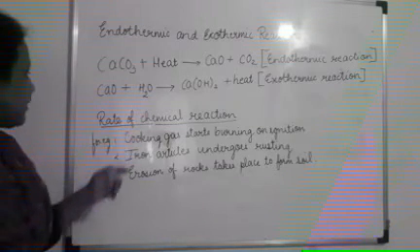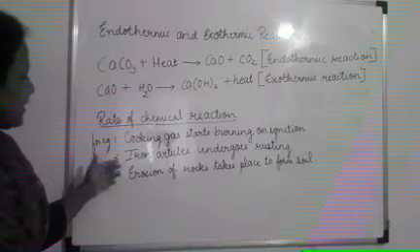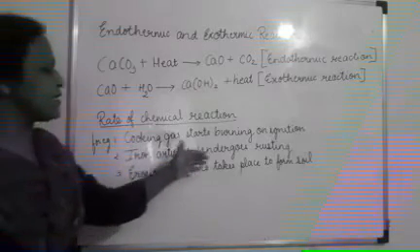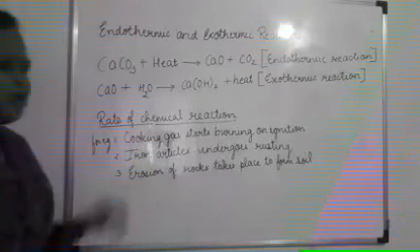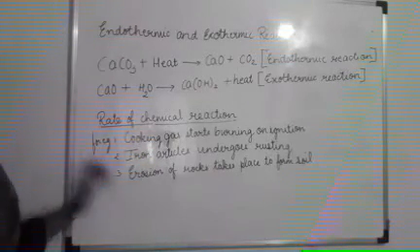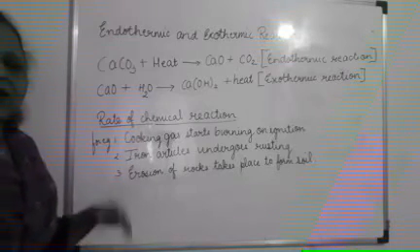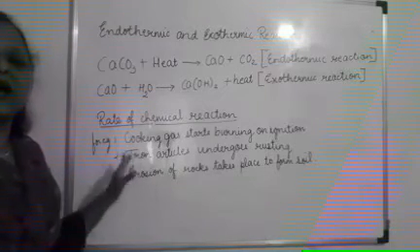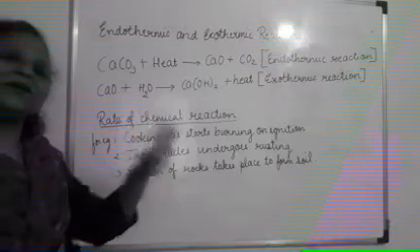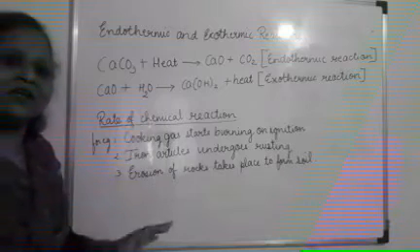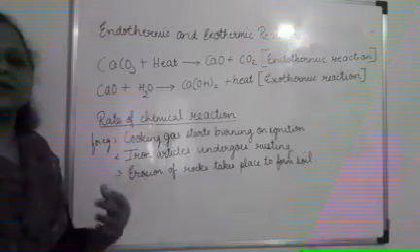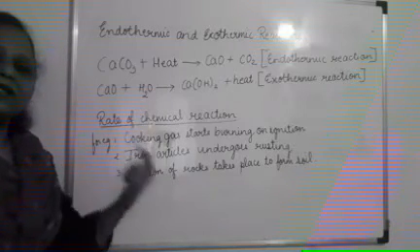So that is rate of chemical reaction. Here the second example: you can see iron articles undergo rusting. Now suppose your bicycle, which is made of iron, you keep it out for 6 to 8 months. After that you suddenly see that your bicycle has rusted. So all of a sudden, in one day, the bicycle didn't get rust.